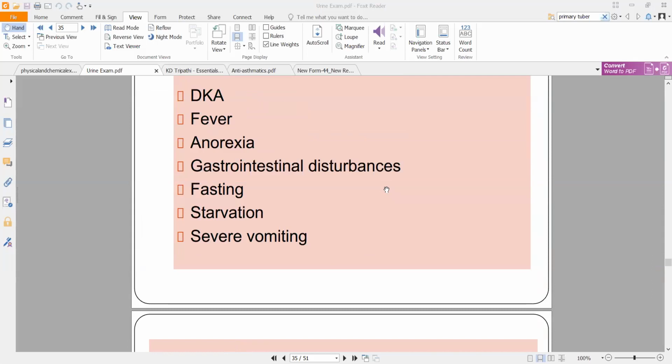How does ketone get synthesized in the body? If we're talking about diabetes, ketones are normally not produced in your body, at least not in excess. In this particular condition, because your cells are getting destroyed, for whatever reason, not just diabetes, the fatty acids present inside the cell are getting out.